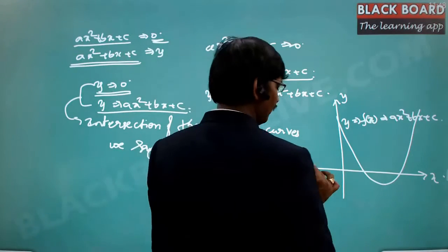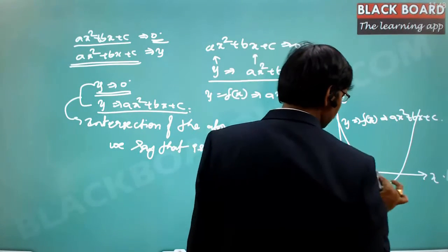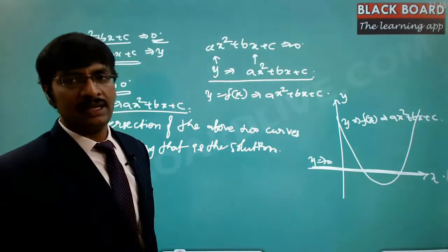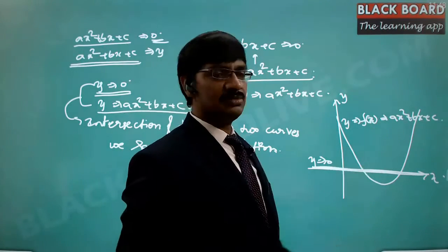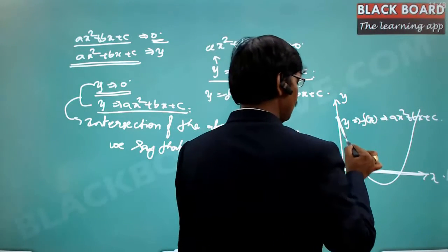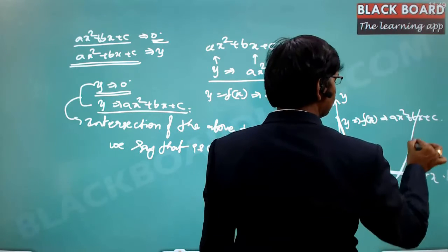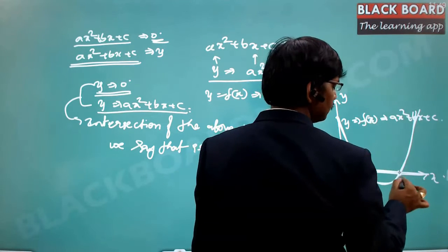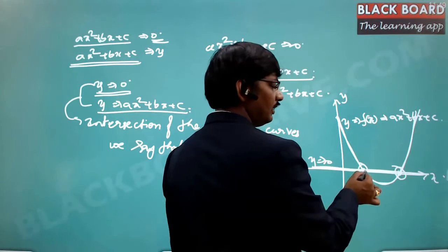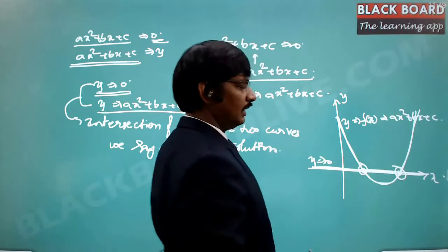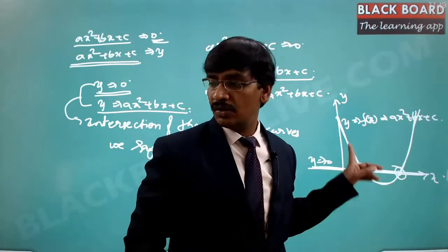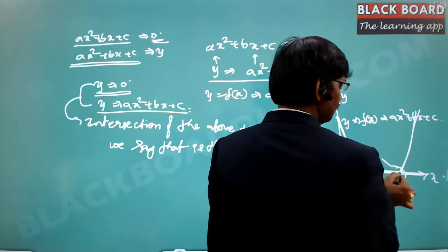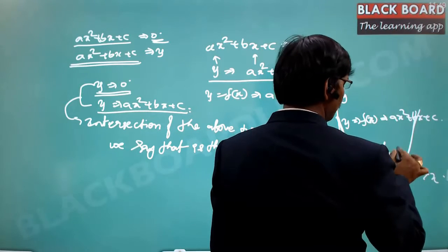The curve y is equal to 0 is this particular straight line, which is nothing but the x-axis for us. So the x-axis is the curve y is equal to 0. And one more curve, y is equal to ax square plus bx plus c, is this curve. Now there are two different locations where both the curves have the same value. So this is one point and this is another point, where the point lies both on the y is equal to 0 line and, at the same time, on the quadratic equation, that is y is equal to ax square plus bx plus c. Hence, this point and this point, we call the solutions, because these are common.